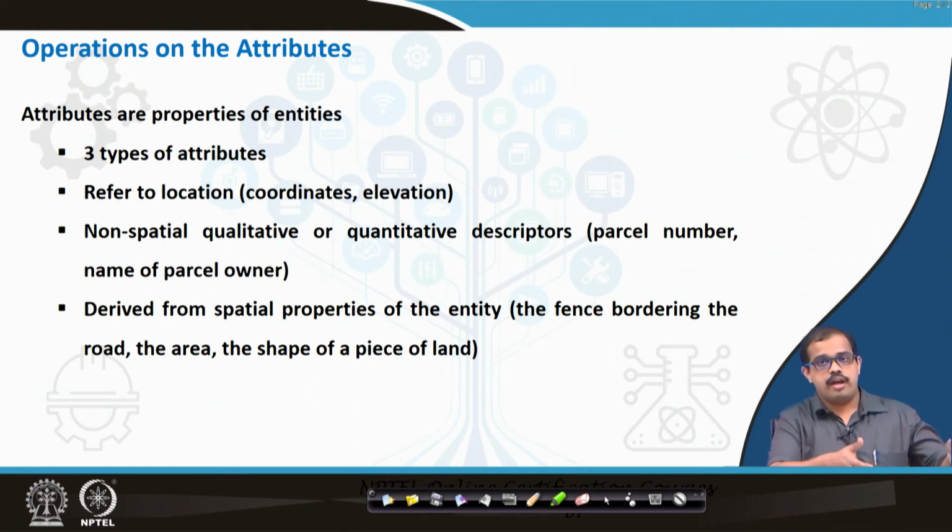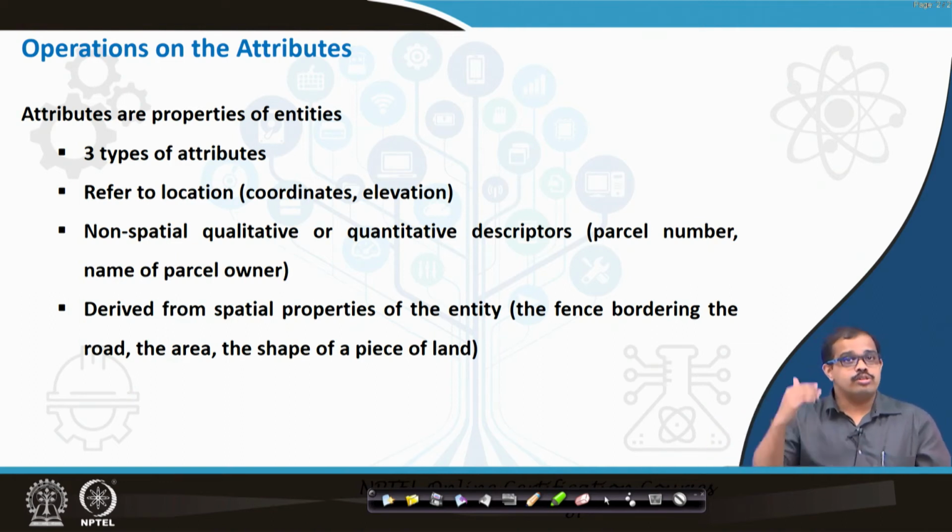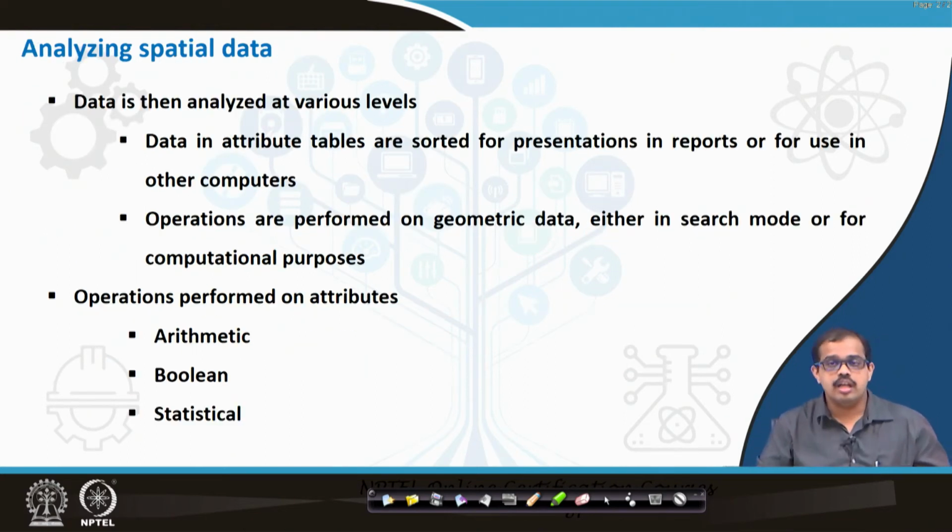Okay. So, if you have different entities, you would have done some spatial operations, you would have got another entity. This is the third kind of attribute. So, using these three different properties, there are operations that can be done on each of this data. It can be your arithmetic operation, it can be a Boolean operation, it can be a statistical operation, it can be any kind of operations that you may infer to in getting the outputs.